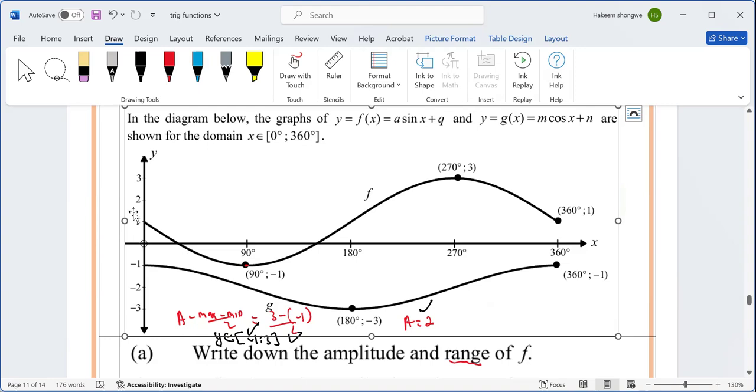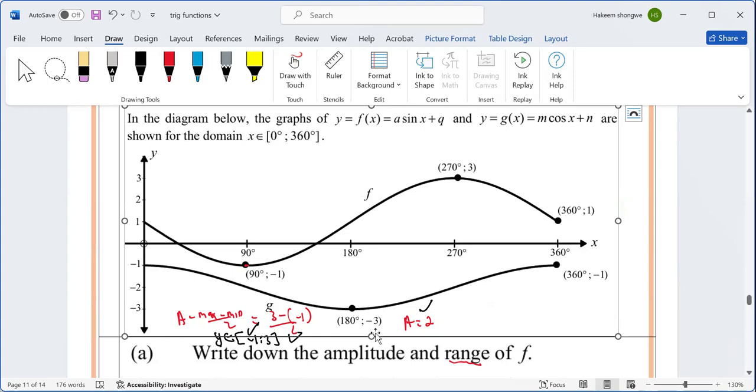Okay, but now what is our a? What is going to be our a? Is it 2 or -2? It's not 2 because remember, we were supposed to start here and then go up. We didn't start by going up. We started by going down, meaning a is supposed to be negative. So you could have done that, but if this one is going to fail,